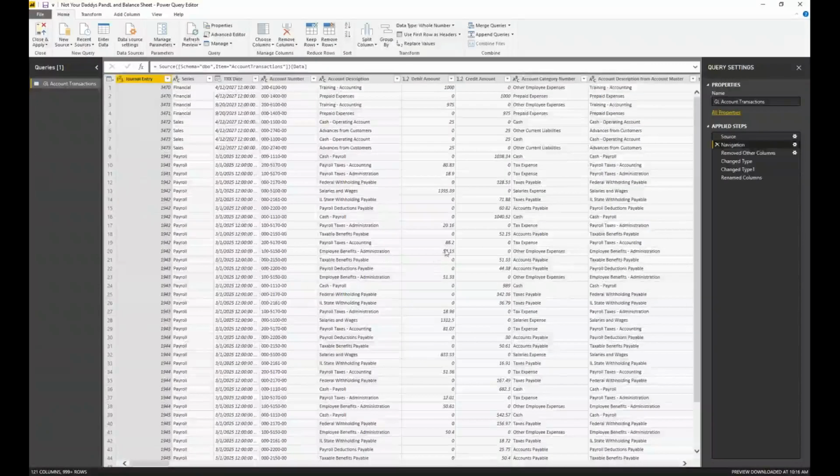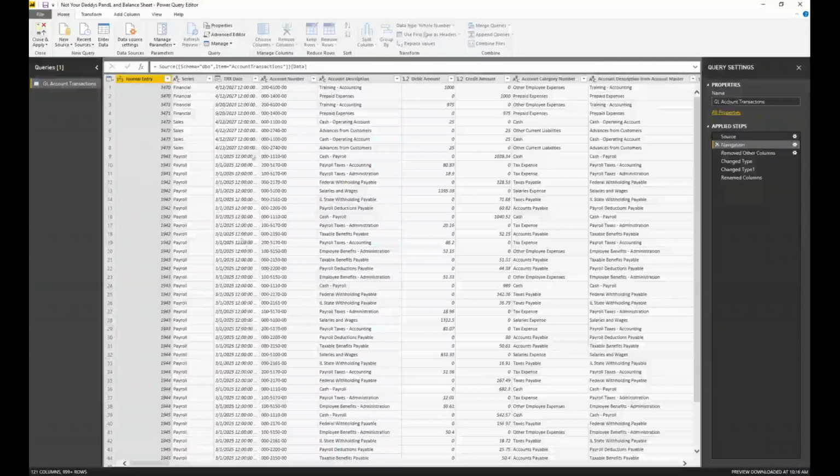And I have what I call Belinda's 3 rules. When I do this, the first one is I name the query something that makes sense. So it initially started out as account transactions with no spaces. I made it GL account transactions. The second rule is I like to clean up the columns that I don't need. And I even err on the side of caution and get rid of columns that I'm not sure I need, because it's far too easy to go back and add them.